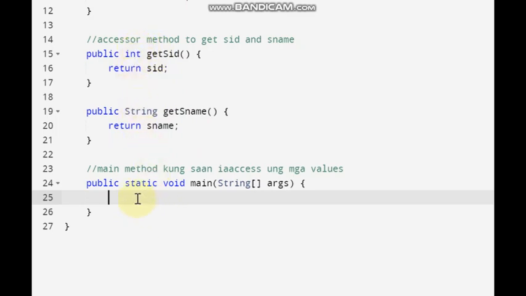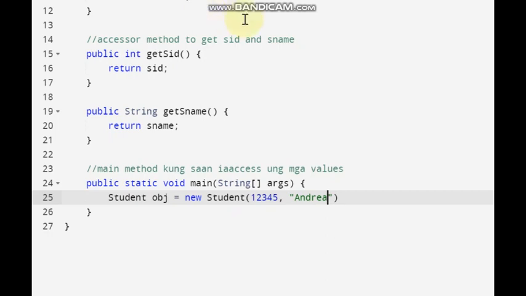So, for this one, ang pangalan po ng ating class is student. So, tatawagin natin yung student class name natin. And then, mag-create lang ako dito ng instance niya. Tatawagin ko ulit itong obj as an object. New student. And then, sa loob ng ating parameter, ilalagay ko yung value ni student ID at yung student name. For example, ang student ID niya ay 1, 2, 3, 4, 5. And then, yung kanyang name ay